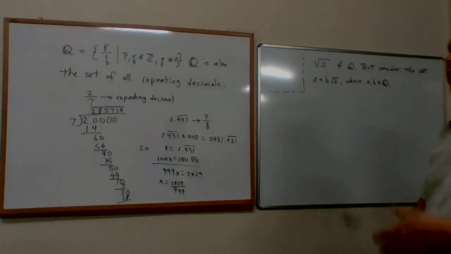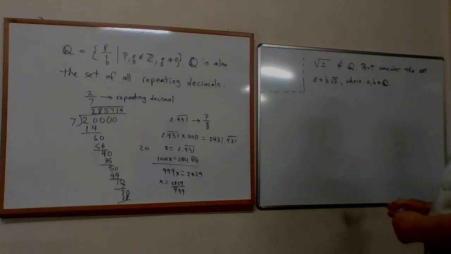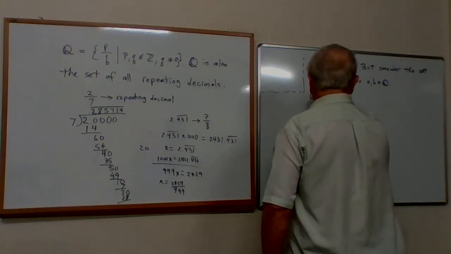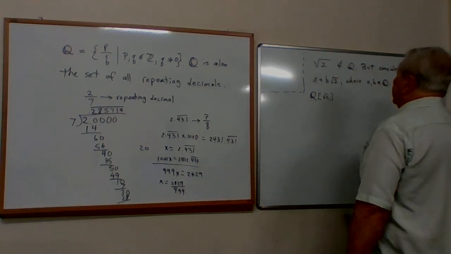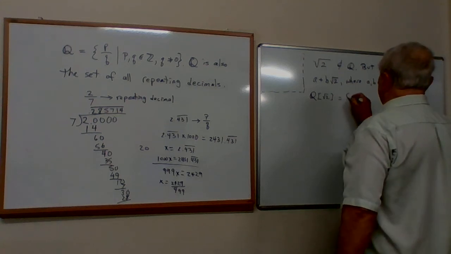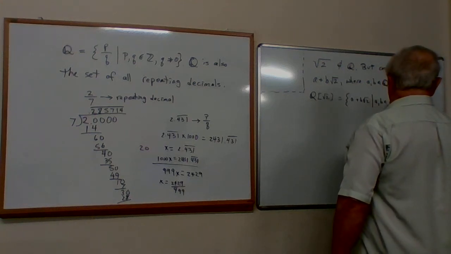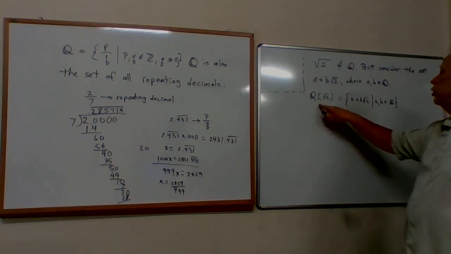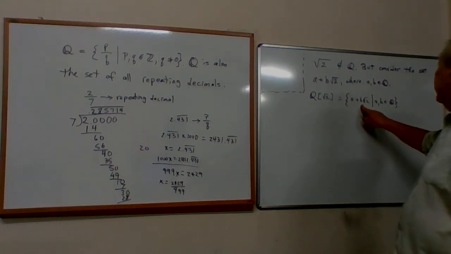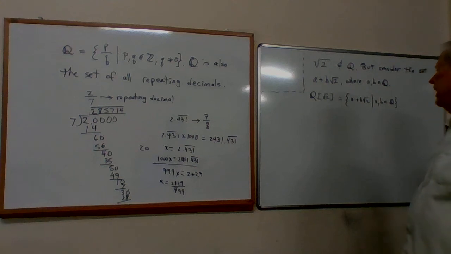Okay? Now, if b is not 0, this is not a rational number. But what I've done is I've kind of extended the rational numbers. I call Q square brackets square root of 2 to be the set of all a plus b root 2, such that a and b live in the rationals. This is indeed an extension of Q because Q lives in here. If b is 0, I just get rational numbers. But now I get more numbers than I had before.